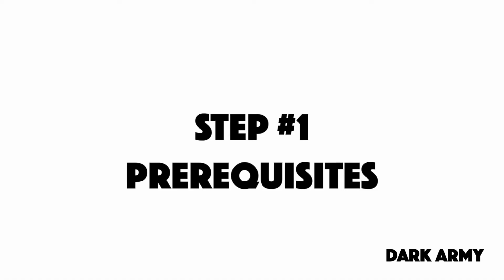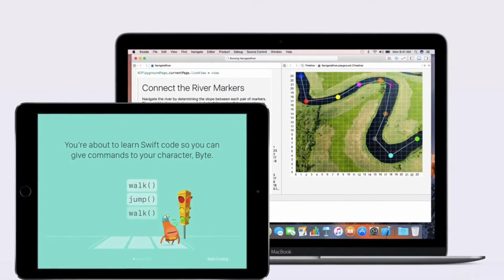So the first thing we're going to talk about today is prerequisites. One should have a basic understanding of C, C++, Java or Python or any similar languages. Apple has been promoting Swift as a beginner's language, but I don't totally agree with them. I still believe that one must learn C, C++, Java or Python or any similar programming language to start with.